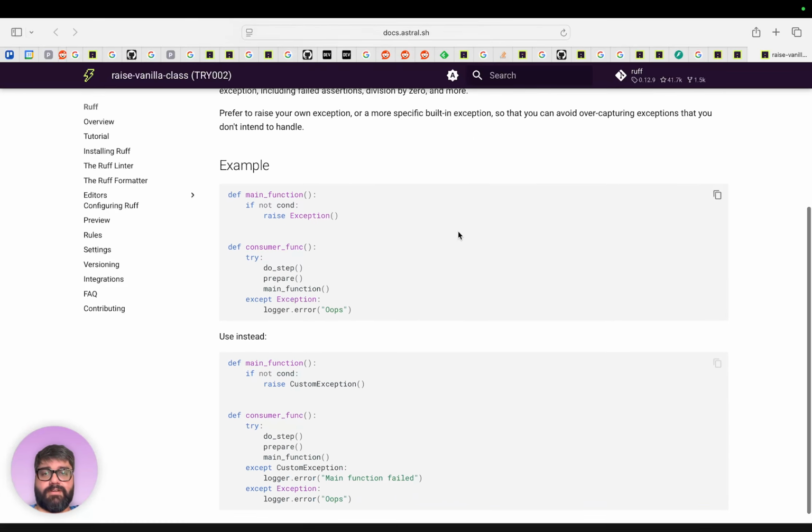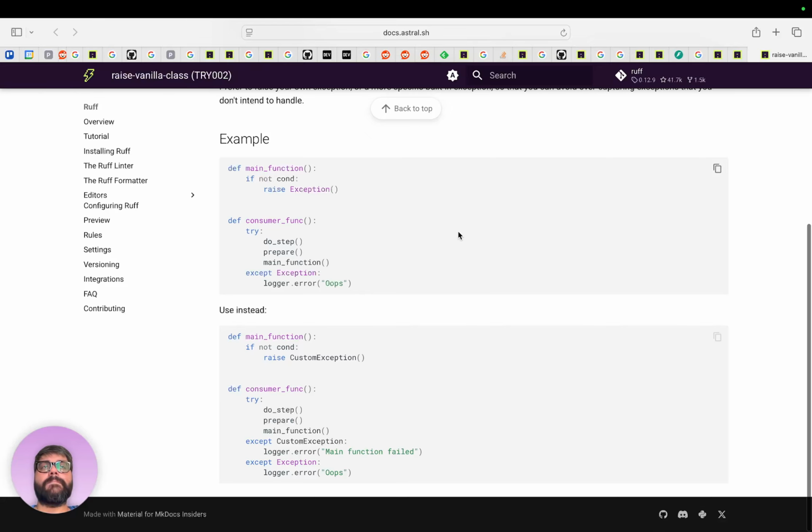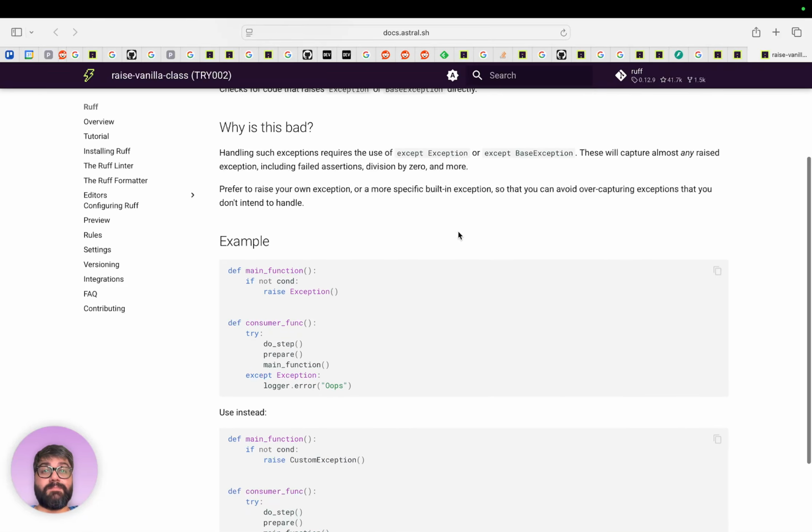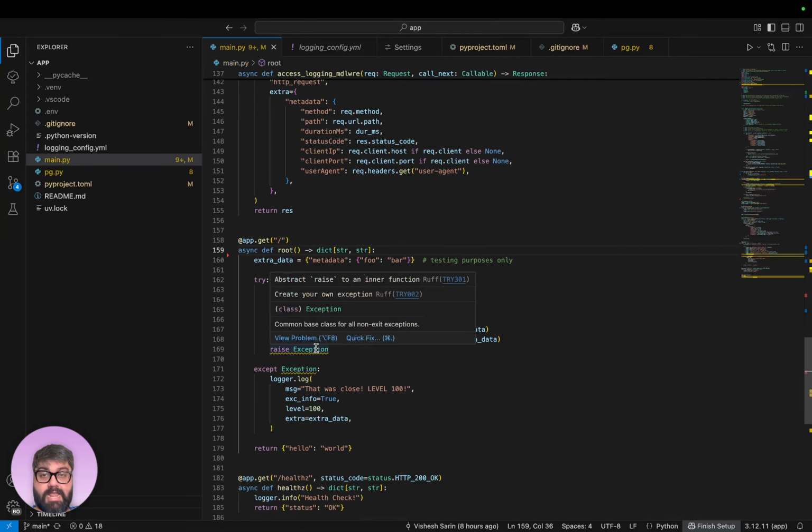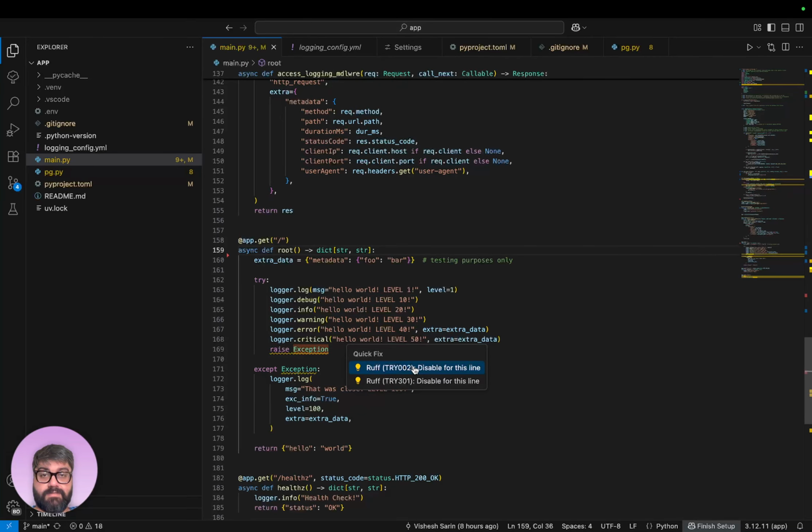Yeah, this is totally fair, right? It's totally much better to raise your own exception and be specific. Don't try to just catch everything, because if you try to catch everything, it can lead to unexpected behavior if something is breaking that you don't expect to be breaking, and it's just causing a weird bug. Normally you would just have an error and be like, oh, okay, that's what the issue is. But because you have a catch that is broadly catching any exception within its stack trace, that can be an issue. But here we're actually gonna, for a change, use the quick fix.